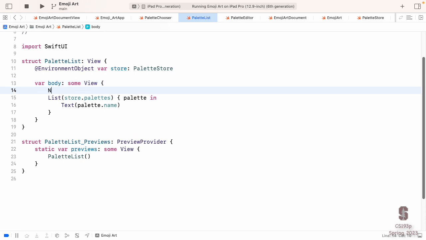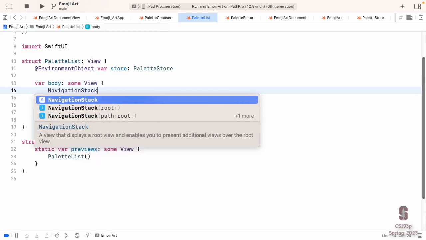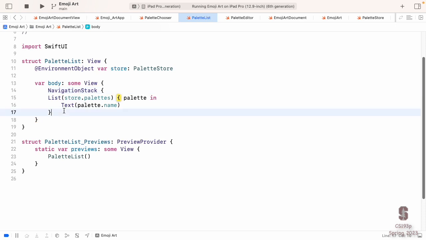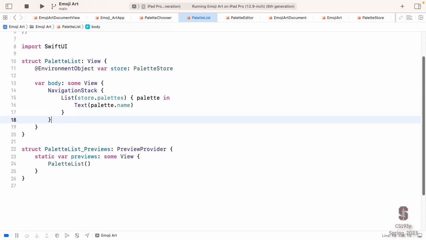The first thing you got to do is put it in a navigation stack. So this navigation stack has to be around everything that's happening in the navigation. This is the highest level. This is the container that allows all the navigation to happen. If you don't put a navigation stack around this, then all the other stuff I'm showing you will just do nothing. In fact, it'll put errors on the console that says, you tried to navigate and you're not in a navigation stack. Okay, so you got to have that on the outside.